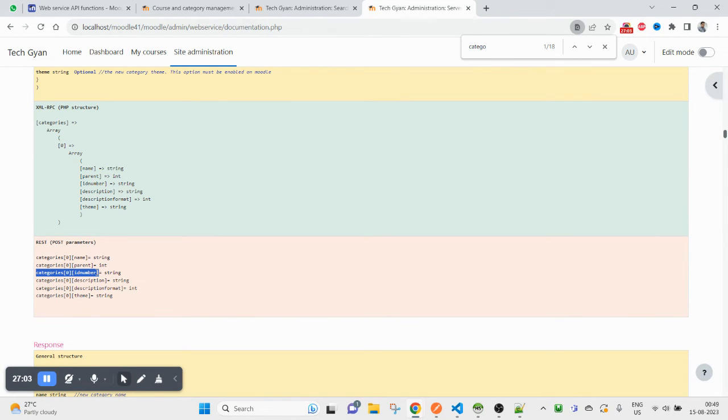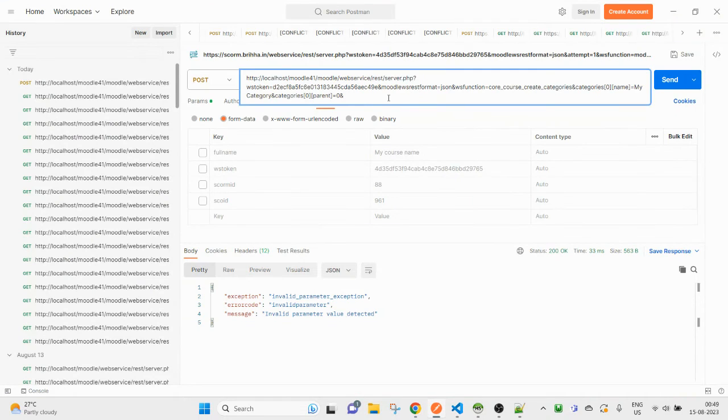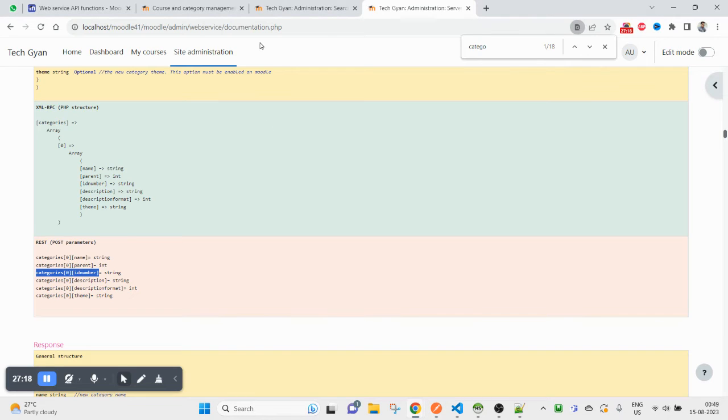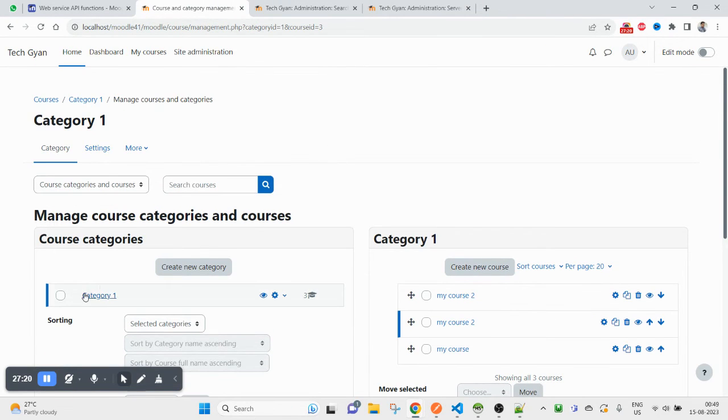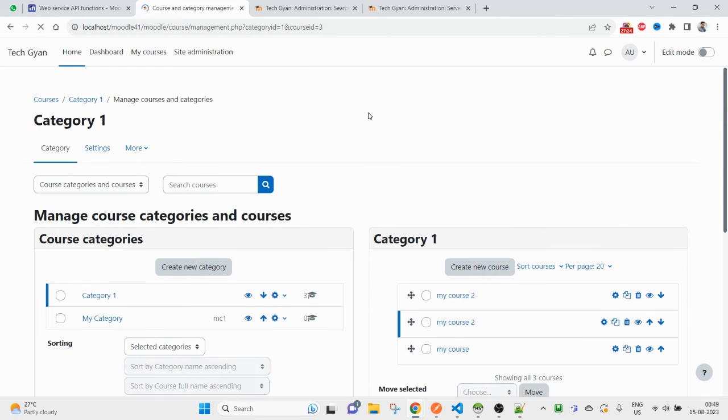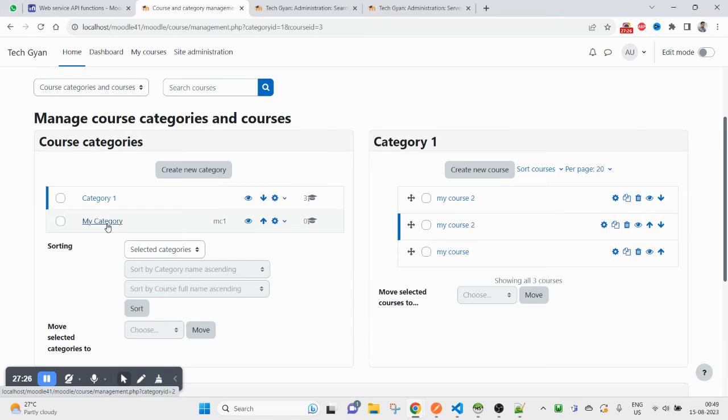This is a unique number, like you had a short name inside course. ID number MC1, and just hit send. And now you see your category is created. So just come here on this listing page. Now you see as of now only one category, category 1. The moment you refresh, you get the second category,